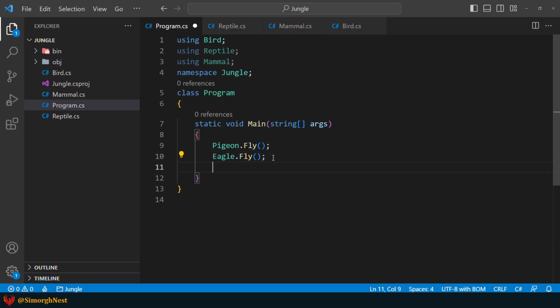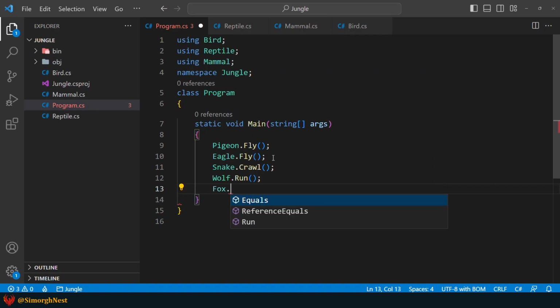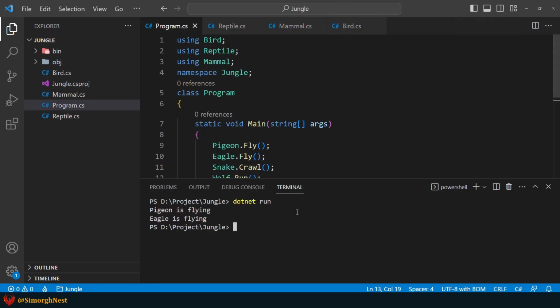In here we go for snake dot crawl semicolon, wolf dot run, fox dot run. Now let's run the application again. As you can see, the types of movement of these animals are displayed in the terminal.